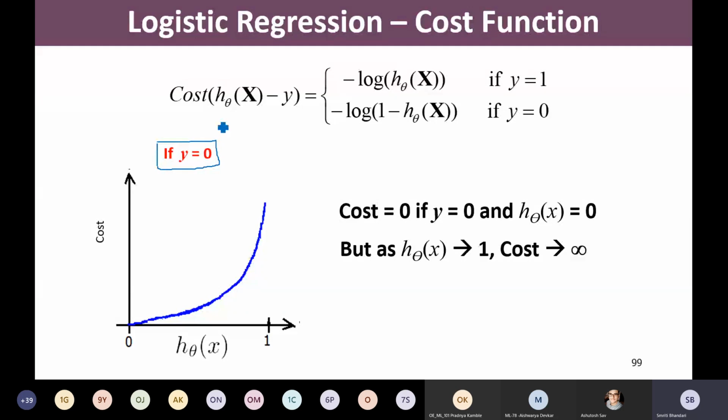So in essence, for logistic regression, we have come up with a somewhat complex cost function. It is not actually complex, but whenever we look at this cost function at a glance, we feel that it is somewhat complex. But we have two cases here. If y equal to 1, what would be the cost? And if y equal to 0, what would be the cost? I hope you have understood.